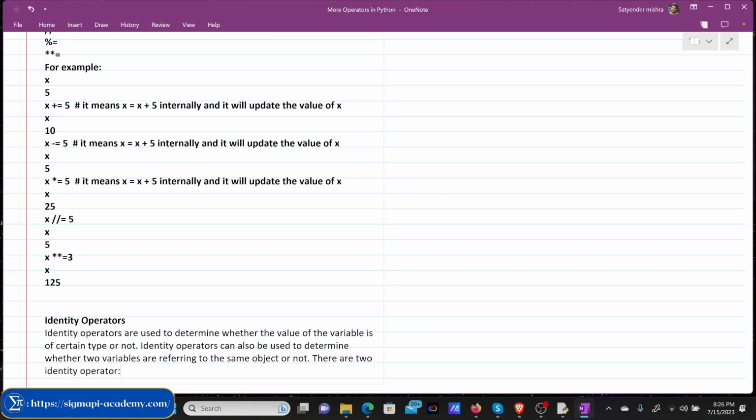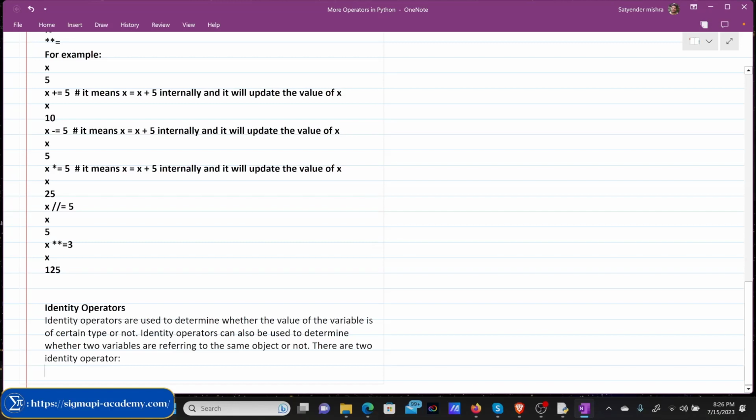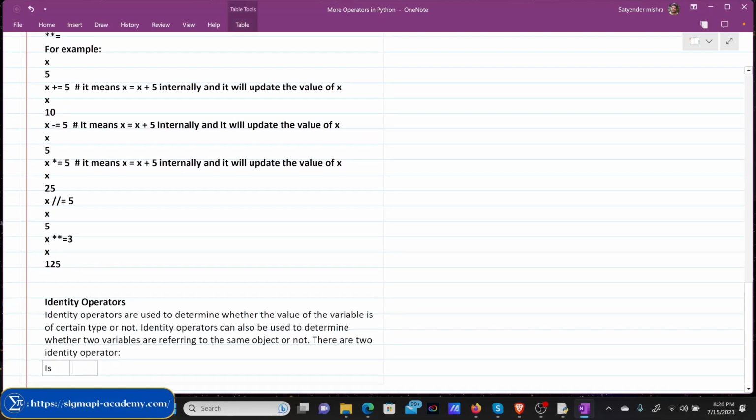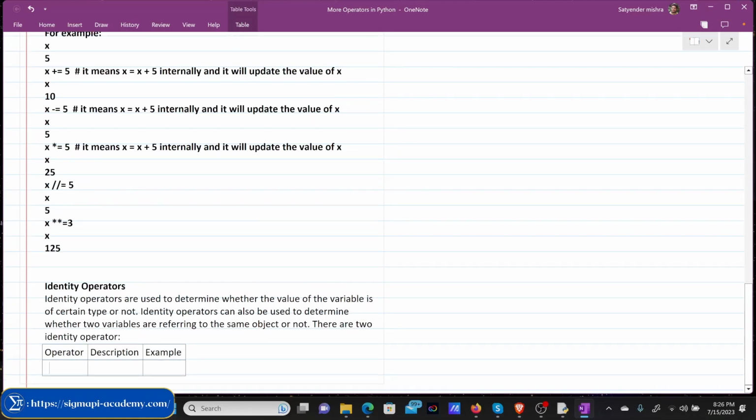One operator is 'is'. Let me write down here the heading operator, and here we'll write the description, and we put examples over here. So the operator is 'is'. Description is: